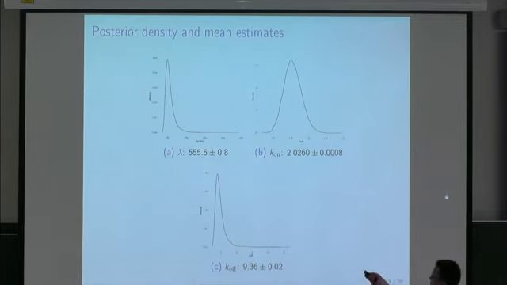So here's the posterior density estimates for lambda. You can see that 500 is here, which is the true value, and you have quite a bit of uncertainty still, even though you've had 1,000 observations. For k on, 2 is the real value here, and you have quite a nice distribution there. And here 8 is the real value, which is over here. And again, you've got a nice shape for the distribution. You have nice ideas about your uncertainty in principle.